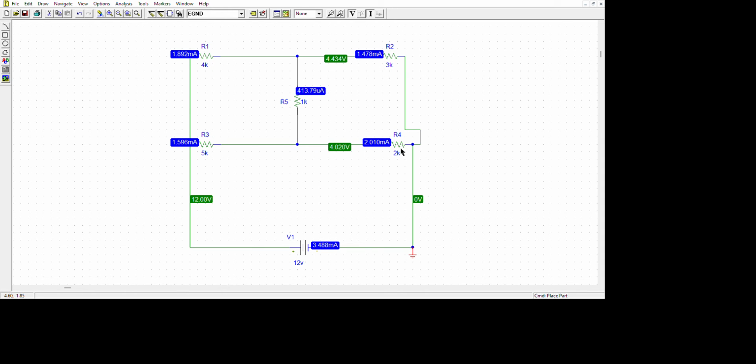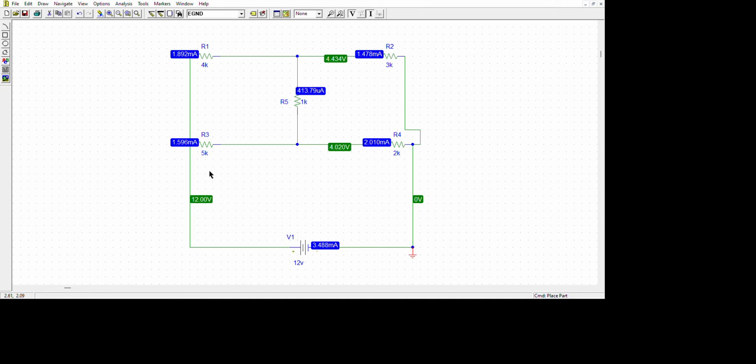Our window came. Our circuit has run, and you can see that we have got all the required values that we want. From the 12-volt battery, 3.488 milliampere current flows. It flows through R3 as 1.596 milliampere and through R1 as 1.892 milliampere.